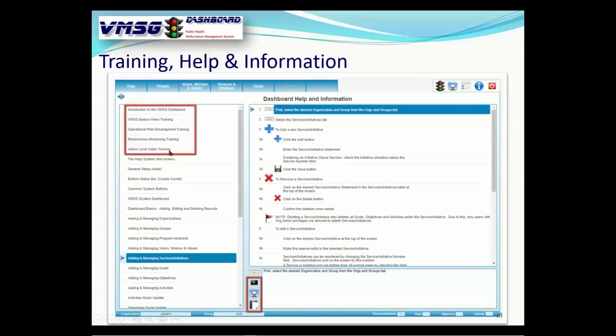And then administrator level training is for those of you who've been assigned as org admins. It's about managing users, managing the partner database, managing the categories and subcategories, all that kind of stuff. It's the shortest one. It's about a 20-minute module, I think. If you go through all of these top 3 modules, I think it'd only be about 2 hours of online training, and I wouldn't do it all at one time. I would take a lunch hour or something and go through those modules, but it's very, very detailed into what